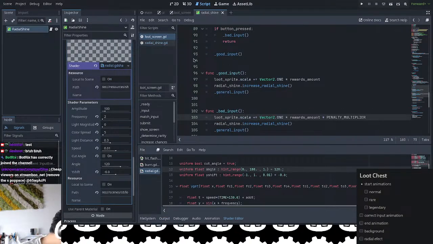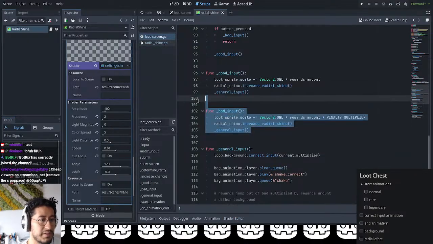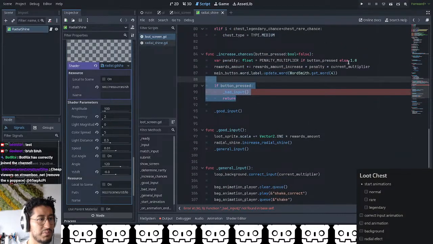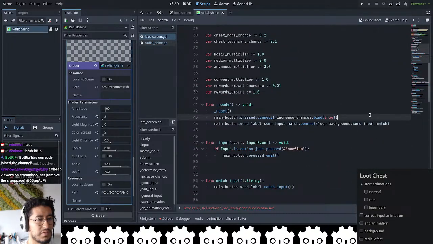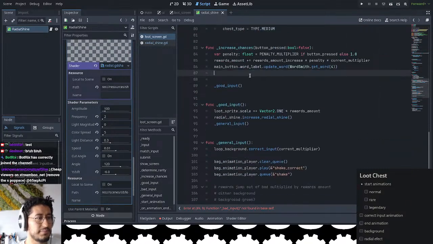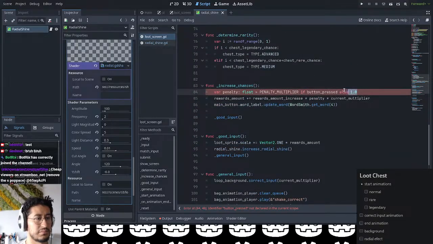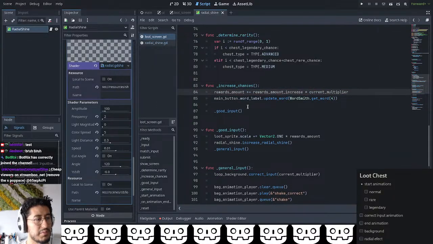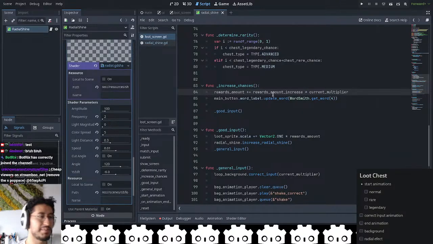Do I just want to remove the clicking? I feel like this is causing more headaches than not. So let me just remove this. If button pressed. No, fuck this. No penalty to speak of. It's just going to be one multiplier. Feels kind of bad to disallow this, but